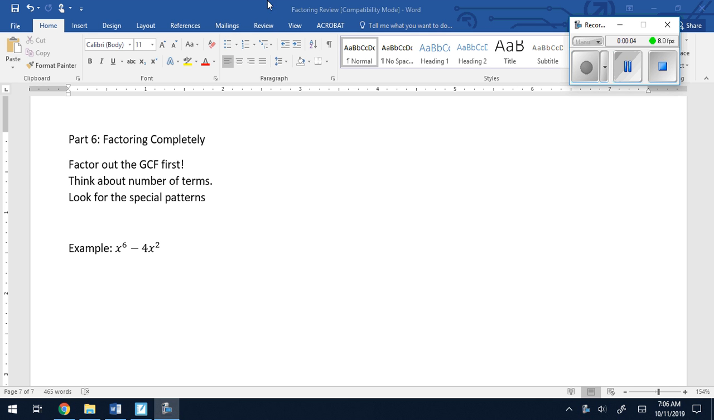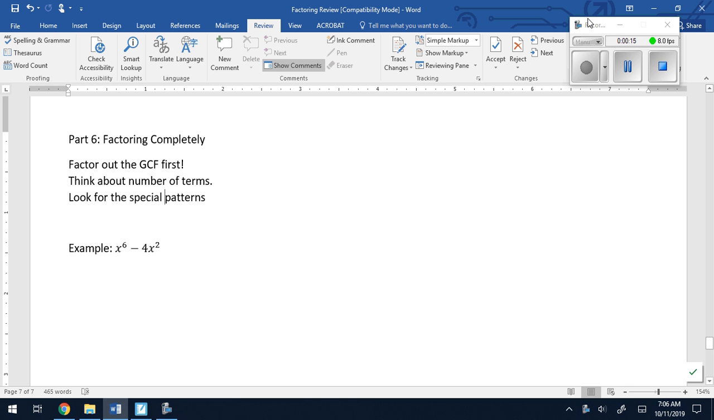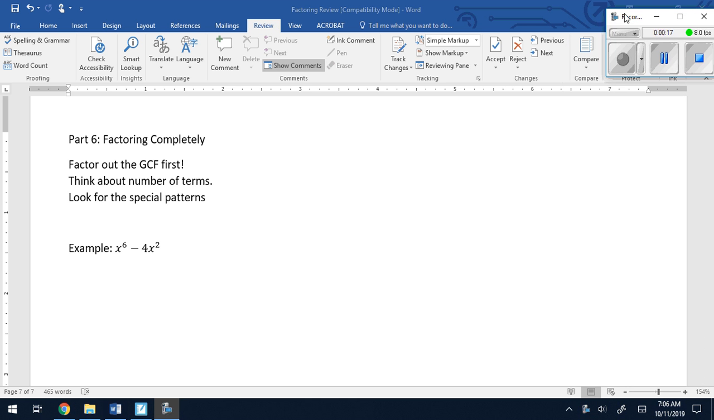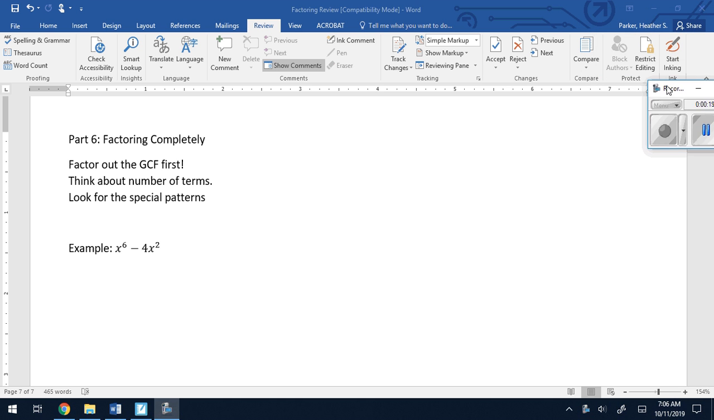We are going to do our final review video, which is part 6, factoring completely. So on this one, we're going to look at problems where we will need to pull out the GCF and then factor further, or factor using difference of squares and then factor using difference of squares again. So those types of things can happen as we are working through. So our first one that we're going to look at